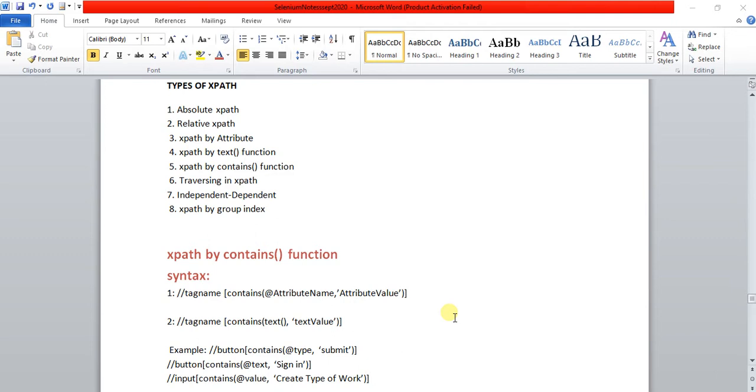So here a part of the text, inbox, is static, and the other part of the element is dynamic. This is the syntax of XPath by contains function: the tag name, then open the bracket, contains, attribute name and attribute value.